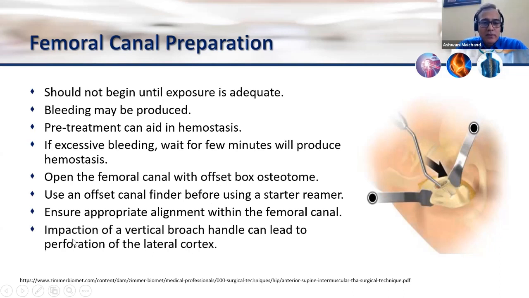This was the point that I was saying. Never try to force your way, because with some experience you'll find out that if you are not comfortable, if your broach is not going comfortably inside, or you are not reaming without extra force, then there is something wrong. So it is something that comes with experience, but this complication should always be avoided. If this happens and you are working in a standalone center, then things are really difficult to handle and explain to the family. So we should always avoid it.